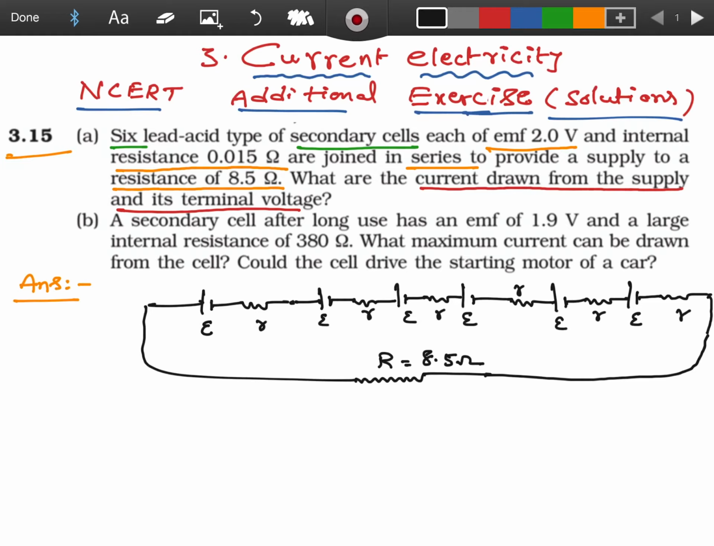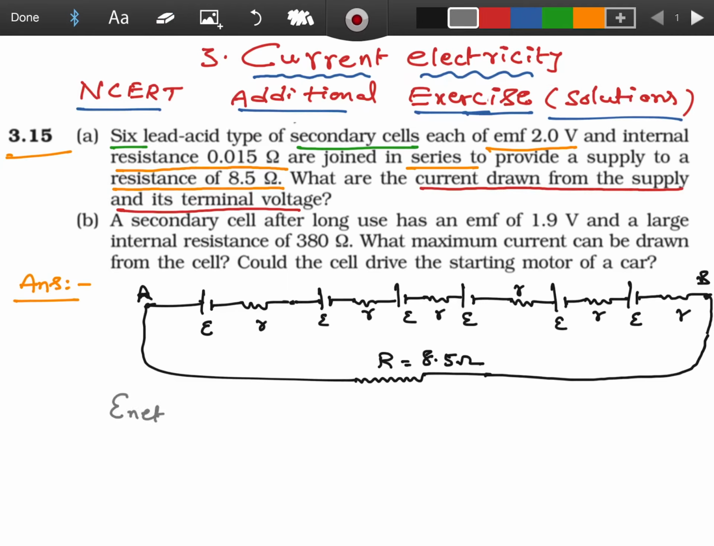They are asking to find the current drawn from the supply and the terminal voltage. First question, what is the net current drawn from the circuit? And the second sub question is, what is the terminal voltage? That means the voltage between A and B. These are all in series. In series combination, I will write